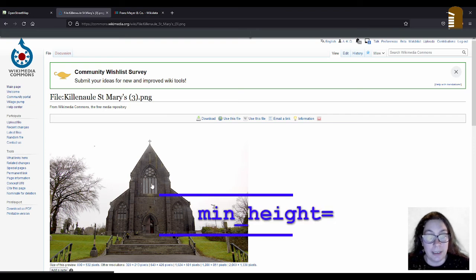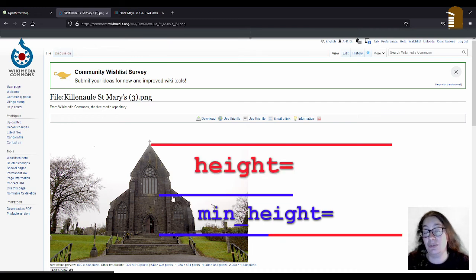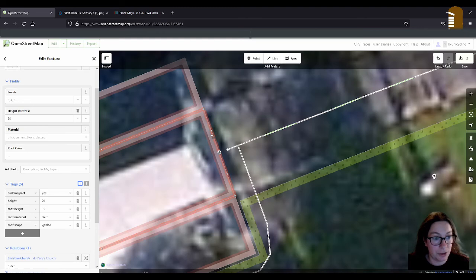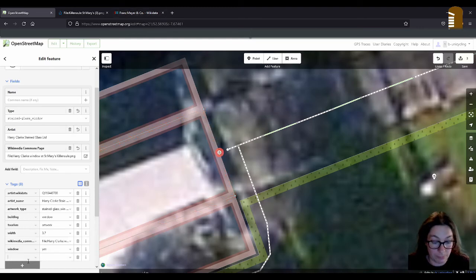If I wanted to add the minimum height of the window to indicate for the 3D mapping where it starts, it's roughly half the height of the church, I would think. And I have estimated the height of the church at 24 meters. So if I wanted to add min height, it would be 12.